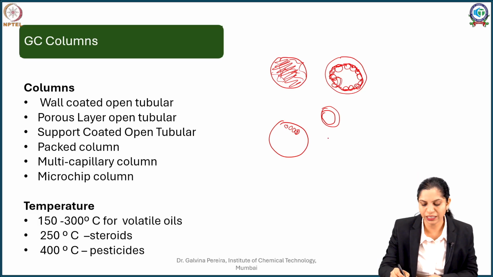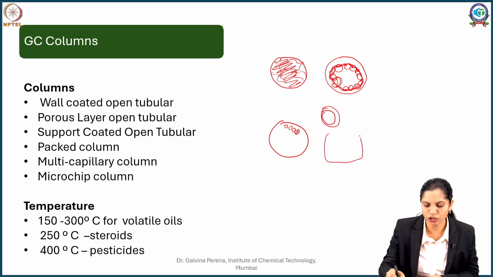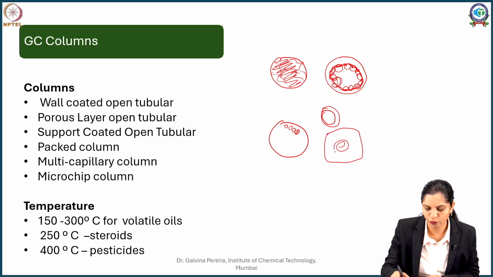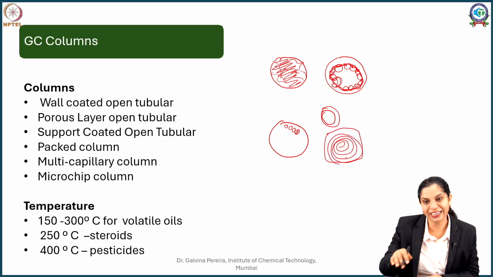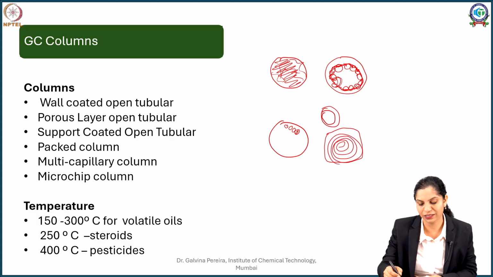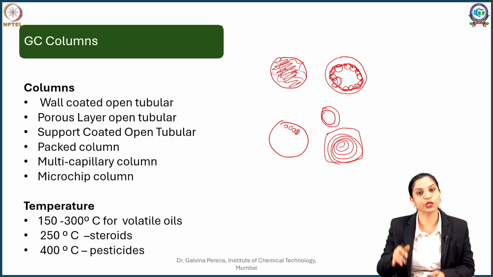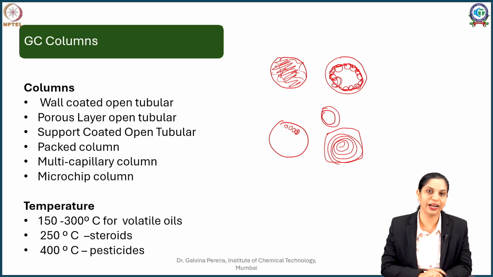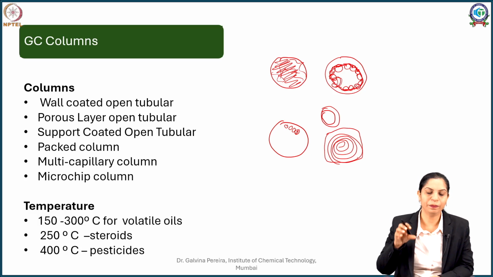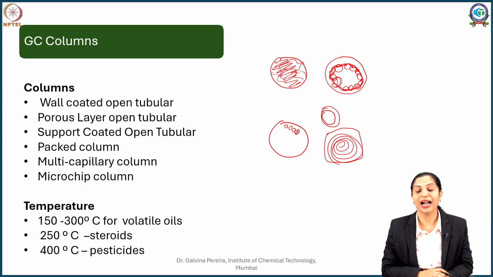Whereas if you go to the microchip one, the microchip can be in a varied form. You can imagine it's kind of fabricated, and through this your gas is passing. So again you have a good amount of area. Now this could be circular, trapezium, quadrangular, or any shape depending upon how convenient it is to fabricate. Not only that, you can play with temperatures for analysis of different compounds.